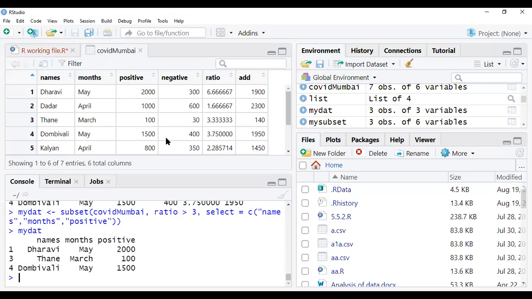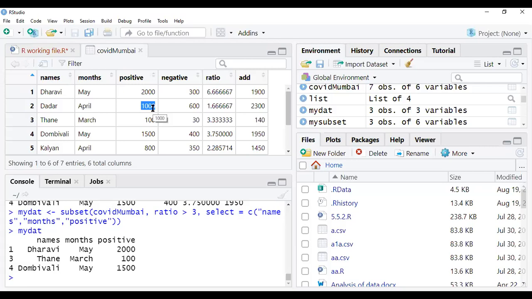Sometimes what happens, suppose you want to see, in the positive column, in which location my number of cases is 1000.